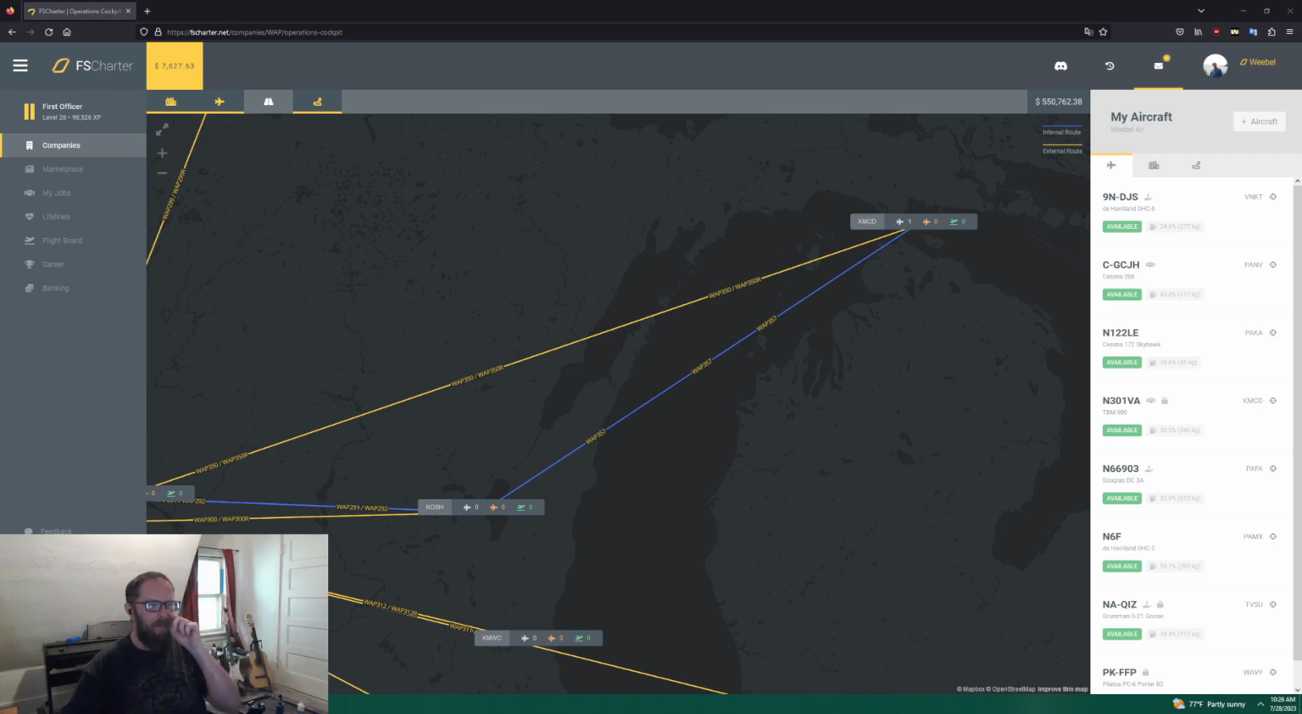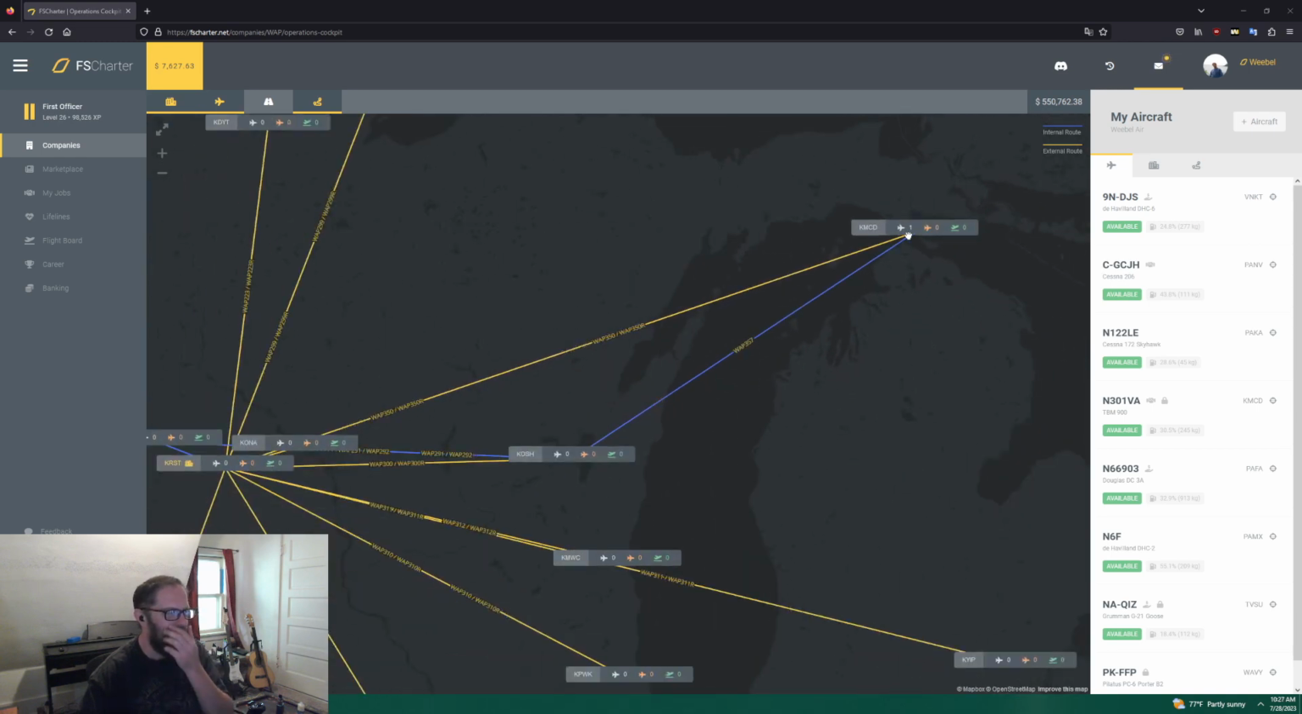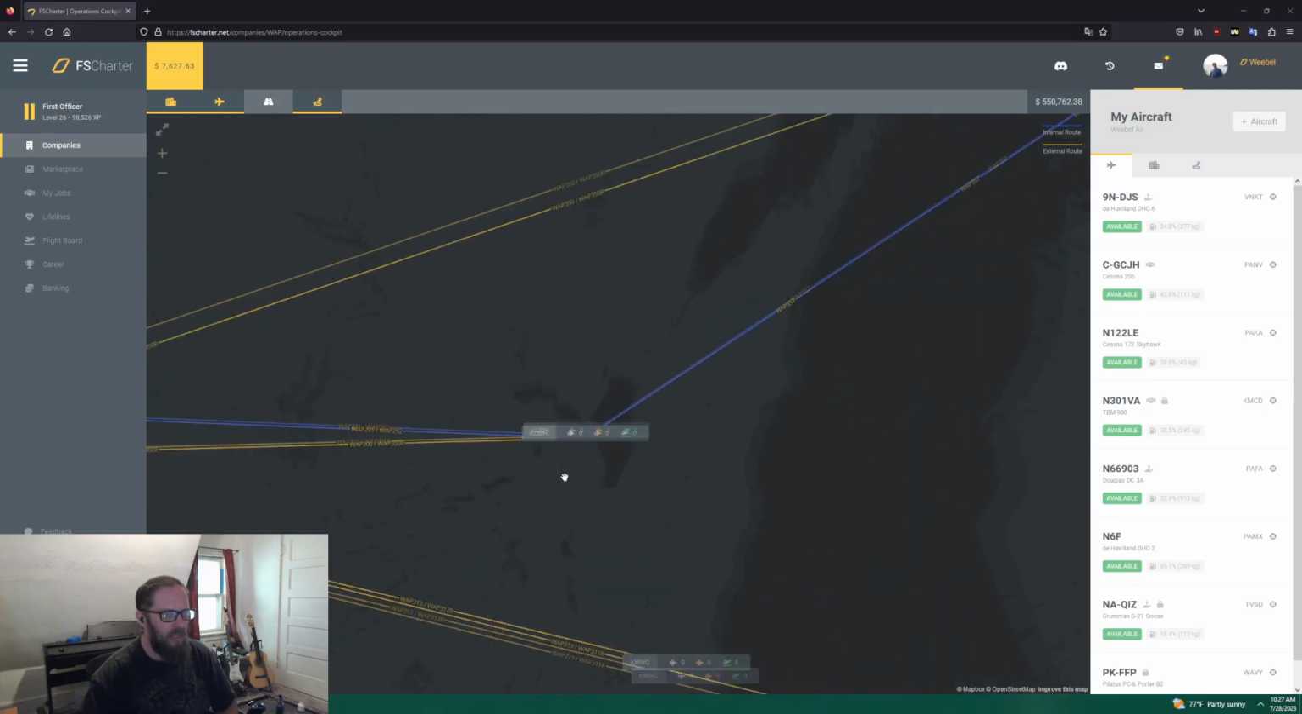Using my desktop mic. But we are going to do an Oshkosh flight from KMCD because that's where someone left my TBM. It's the only plane I have out here right now. And they created a route to Oshkosh. I do have AirVenture